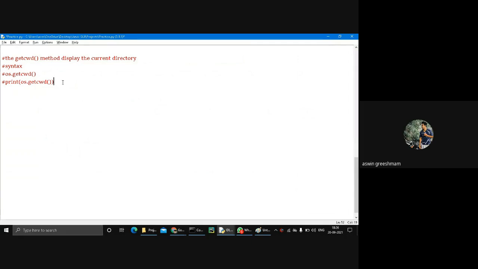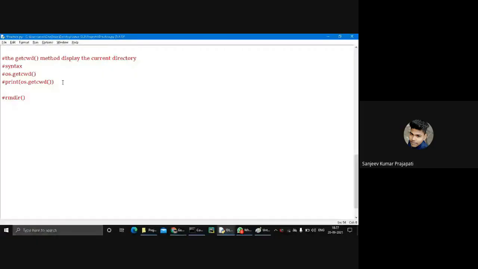Okay, the last method is rmdir. RM means remove and DIR means directory, so it is used to remove a directory. The rmdir method deletes the directory.